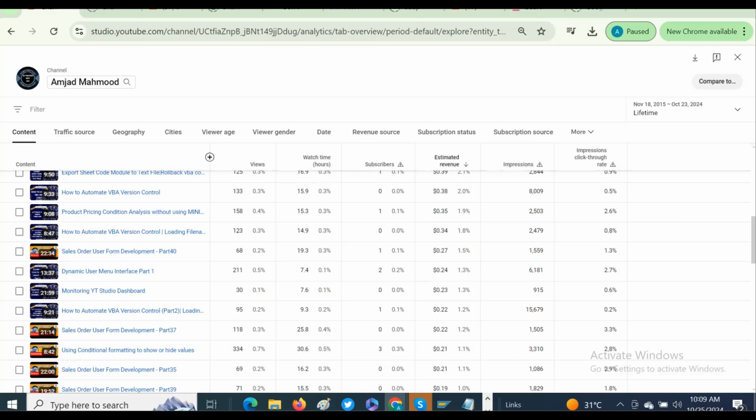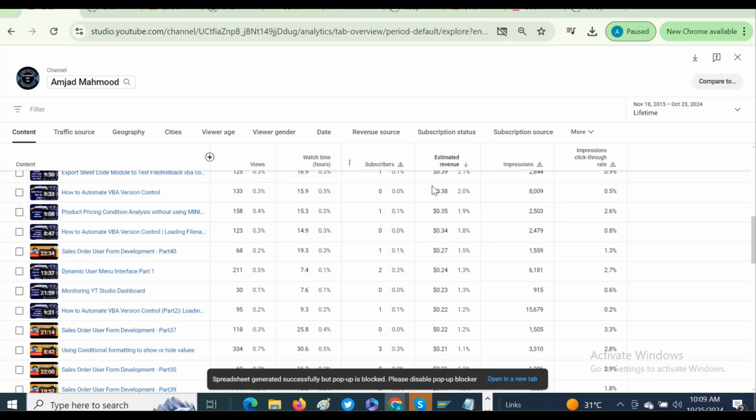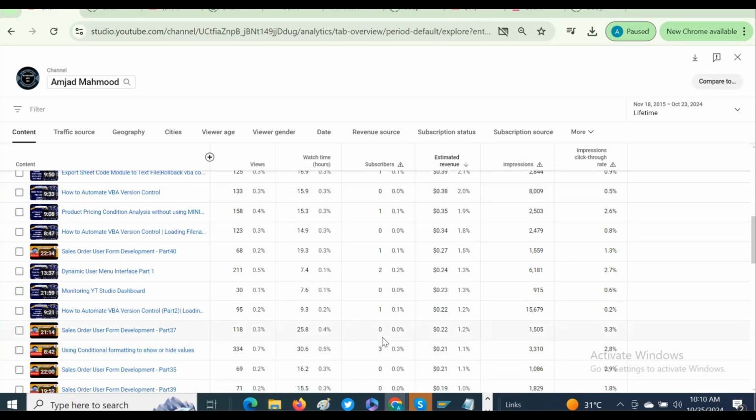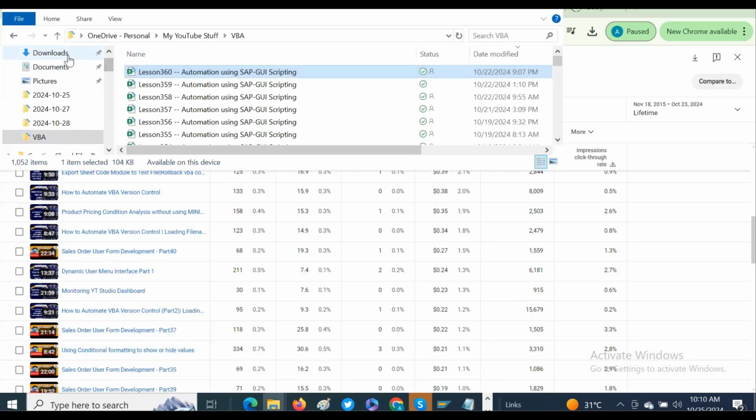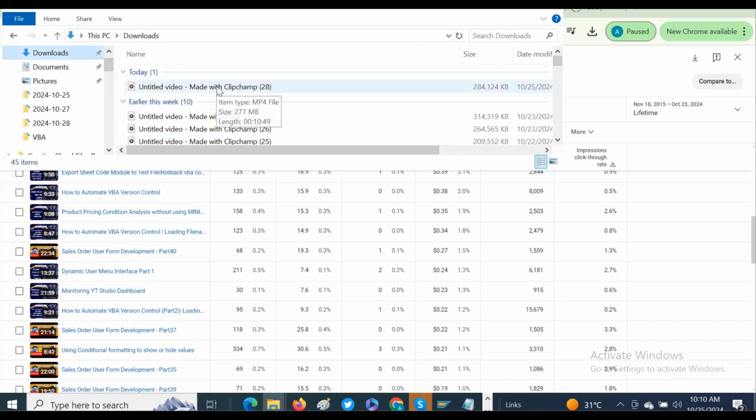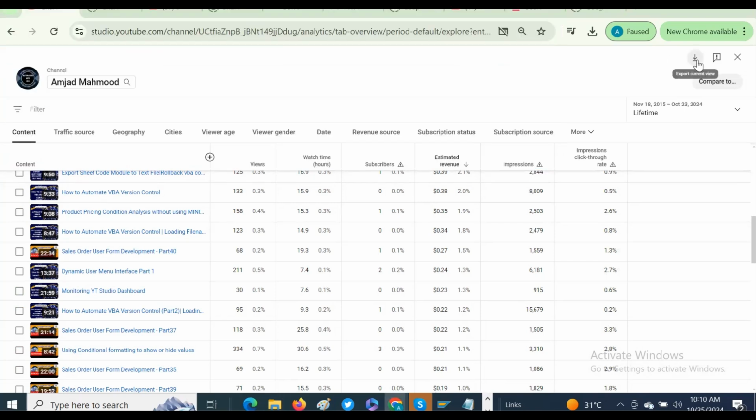Also you have this export current view, which allows you around 500 rows of data. At the moment you have only 50 in here, but when you download them, you get a sheet containing 500, so then you can use that for analysis. Let's go and see. It has already downloaded. Let's go to the download, and normally it gives you the path on which it is creating.